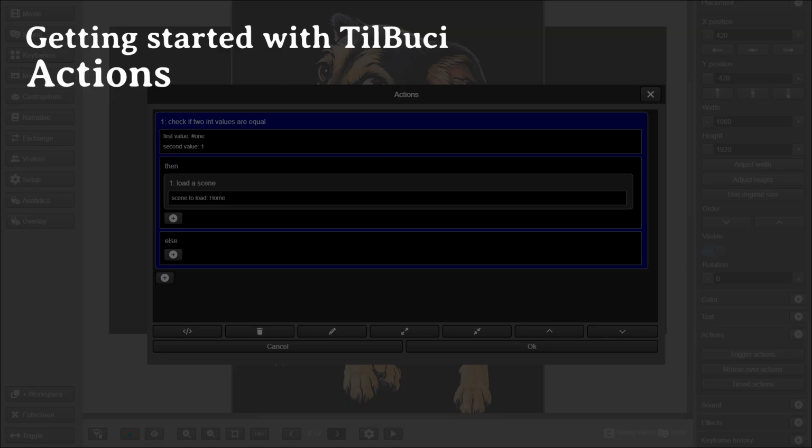In this video, we had our first contact with the actions in Tealbussy and saw how to use them to set the interactivity of our movies. There is a very wide range of actions available, ranging from simply loading a scene, through handling data as variables, to more complicated functionalities such as saving data to the cloud or sending information for remote processing. To delve deeper, consult the Tealbussy Scripting Actions Guide available on the tool's website.